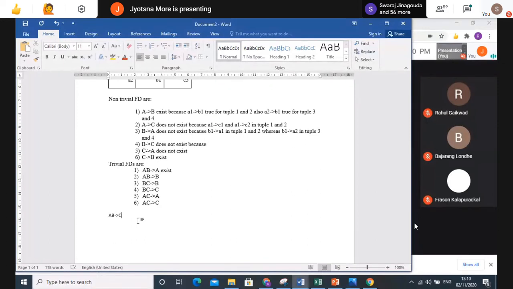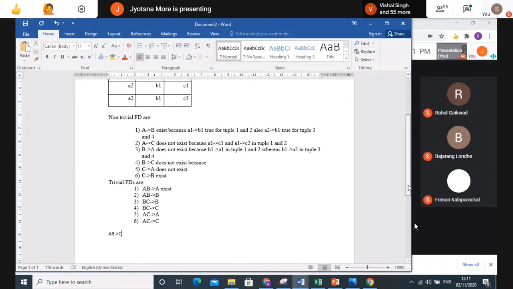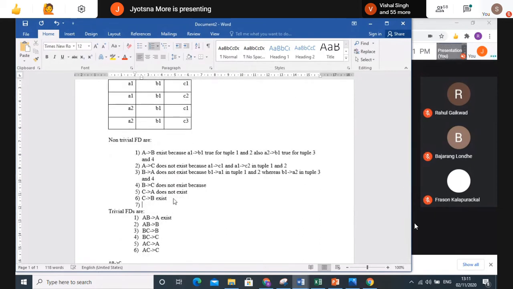Yes, ma'am. Now in this case, we say a functional dependency is trivial when, if we are saying AB determine B, alpha determine beta, when beta is a subset of alpha. So whatever is on the beta side has to be present in the alpha side. So here A is present, B is present, B is present here, subset. C is subset of this, A is subset of this, C is subset of this. These are trivial, correct? But what you are saying, AB determines C, that you can check as a non-trivial functional dependency. I'll just copy this.